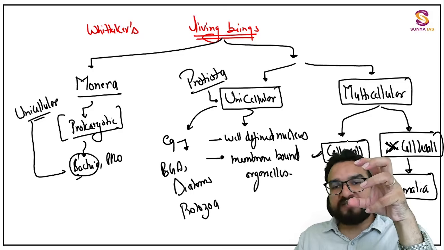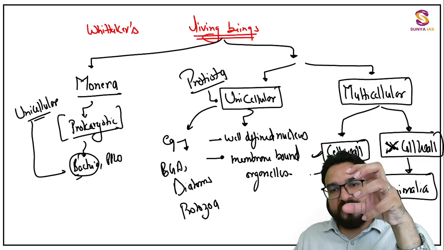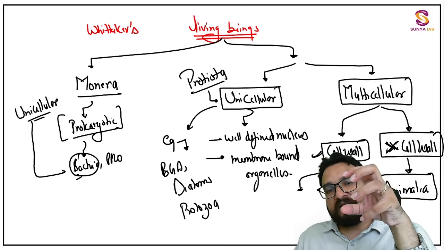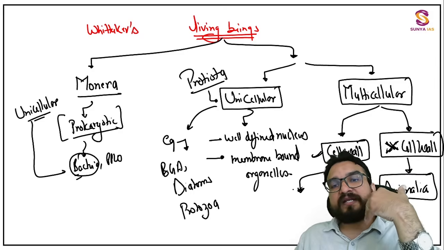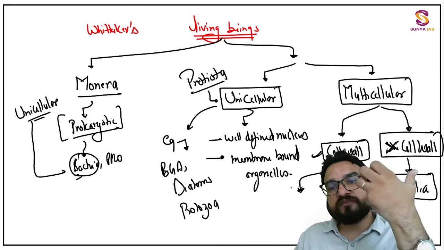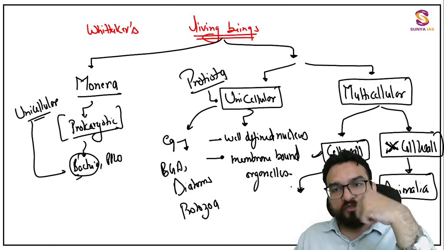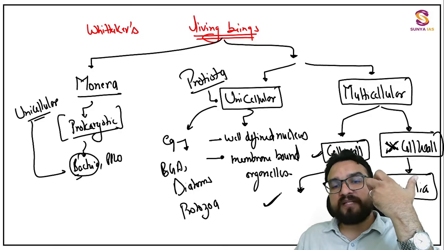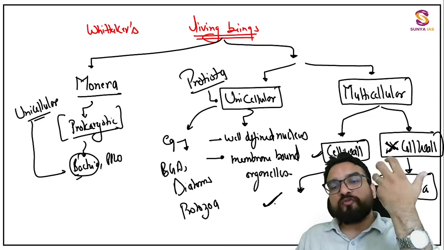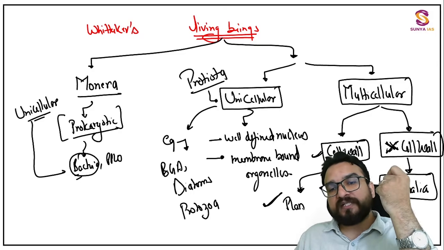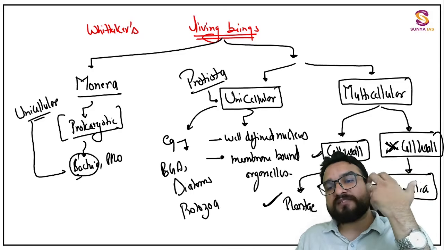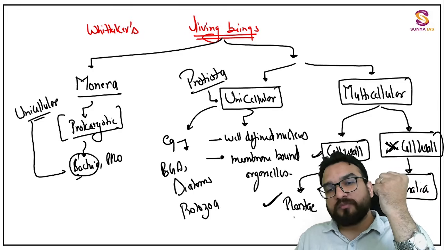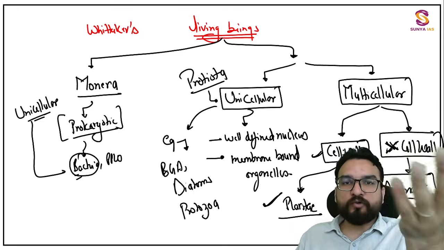Now the cells which were containing the cell wall, further they divided it. And they divided it on the basis of cells which can carry out photosynthesis and those cells which cannot carry out photosynthesis. Photosynthesis means those who can make their own food. So those who can do photosynthesis, they clubbed into the kingdom known as Plantae. And those who cannot do photosynthesis, they clubbed into fungi, like mushroom. You all know, which we are going to explore.